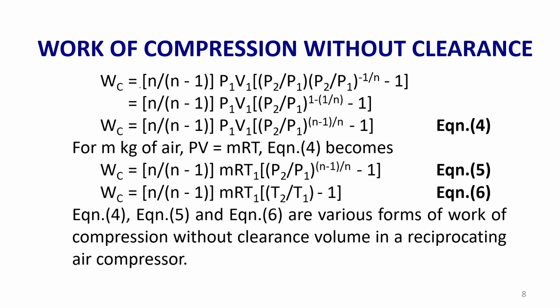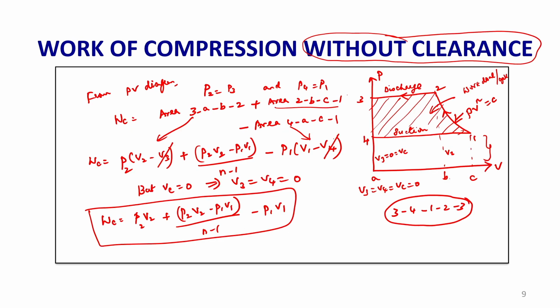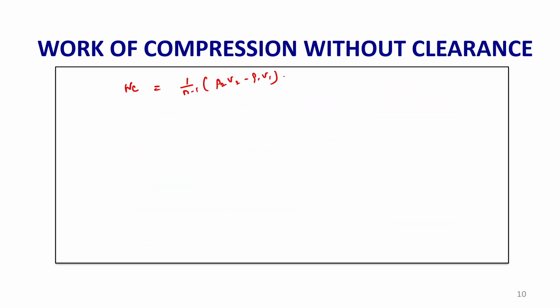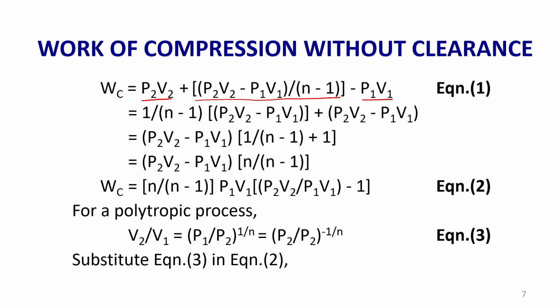Work of compression is equal to P2 V2. This is for this term, this is for this term. Okay, I have taken 1 by n minus 1 as this one. I am clubbing these two terms, P2 V2 and P1 V1, plus P2 V2 minus P1 V1, P1 V1. Okay. So, now if you compare these two,